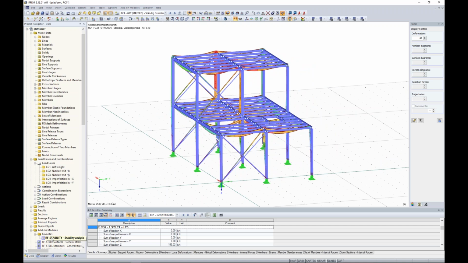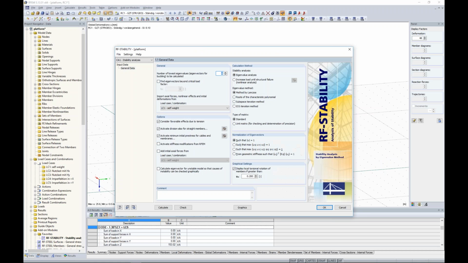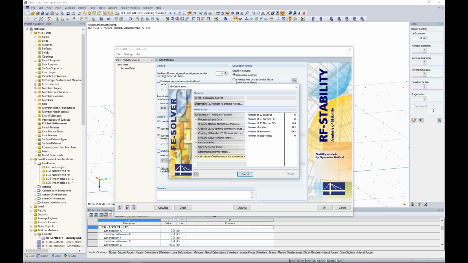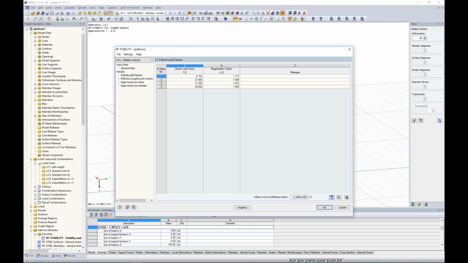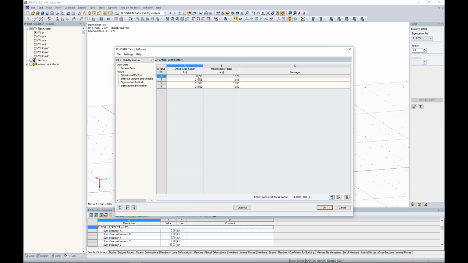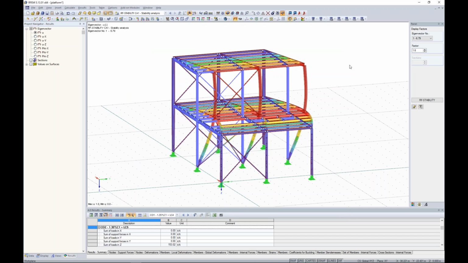Some additional information for the RF-STABILITY. If you check the critical load factor, like for example combination 1, you get some interesting information if you have to calculate according to first or second order P-delta. If you are doing a Eurocode 3 check, there's actually a formula that says that if your critical load factor is below 10, you have to calculate according to P-delta or second order method. In this case, we have around 7, and therefore we have to calculate according to second order